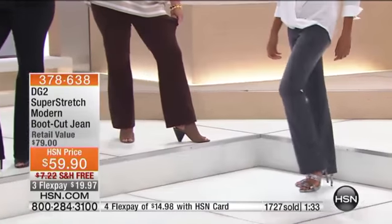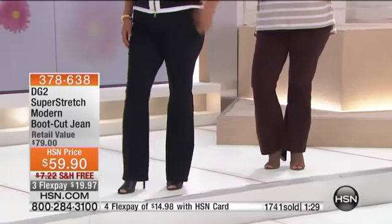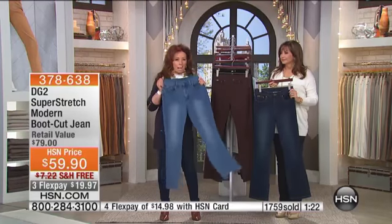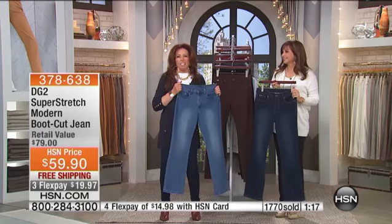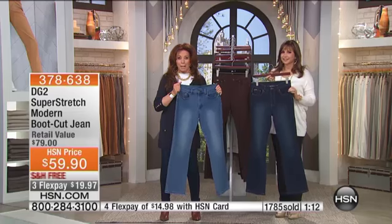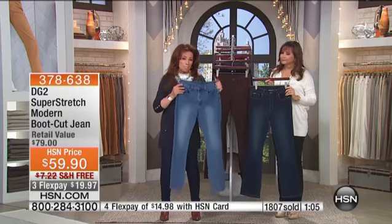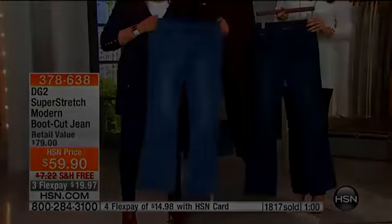If you're a girl like me who's been in skinnies forever because you like that sleek, cutting edge feeling and getting those compliments like, wow, you're so fashionable, you're so ahead of the curve. You skinny jean girls, you say, I'm not going to get into a boot cut. It's too conservative or it's too middle of the road. Modern boot cut is beautiful and architecturally built, holds its shape in SuperStretch. You've got the complement of the biggest luxury revolution fabric ever invented in the fashion